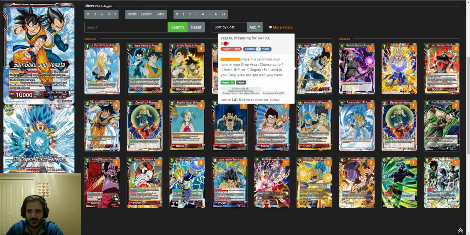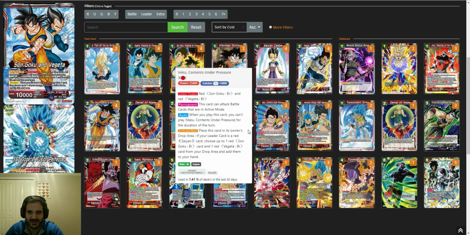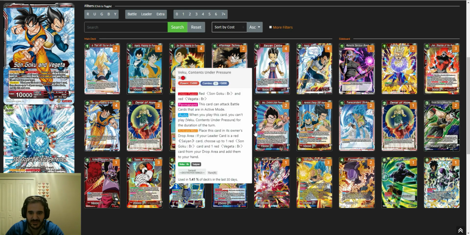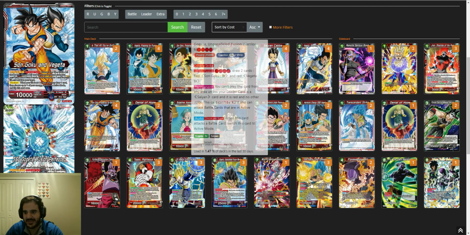It lets you cycle back the Vekus, so the Vekus can actually tutor that Vegeta back. You don't have to pick the same Vegeta that you union with, so you can always grab back preparing for battle and always cycle them back, which is really really good. So I definitely recommend the Vekus in that case. They're not great in all matchups, but it's amazing against Shenron. It's just absolutely crazy. Then I had 3 6 drops, 3 8 drops, Gogeta, Unparalleled Fusion Warrior, and then the